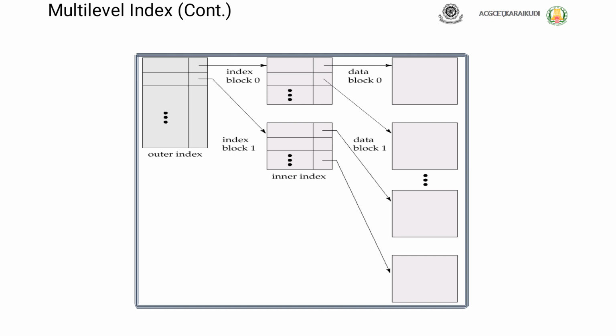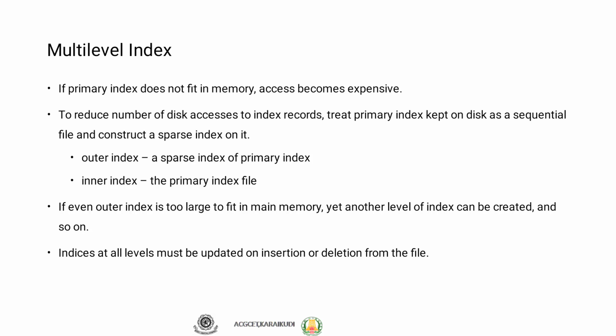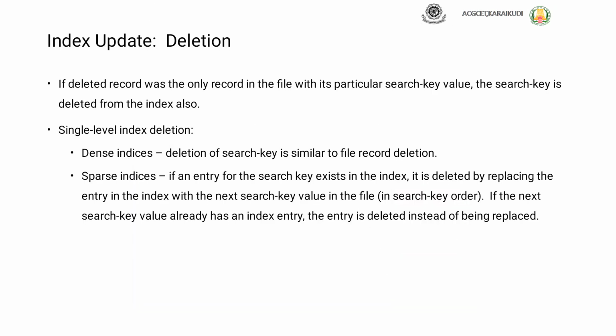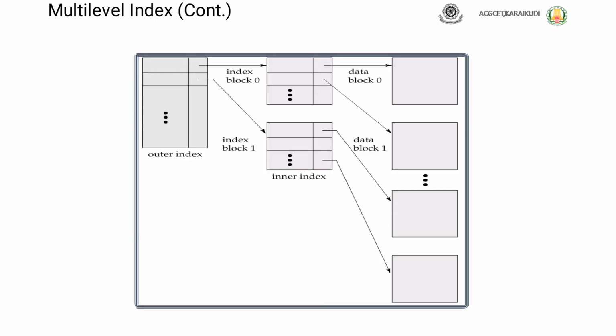If an index is sufficiently small to be kept in main memory, the search time to find an entry is low. However, if the index is so large, it must be kept on disk. A search for an entry requires several disk block reads. If the index occupies B blocks, binary search requires as many as log base 2 of B blocks to be read. To deal with this problem,